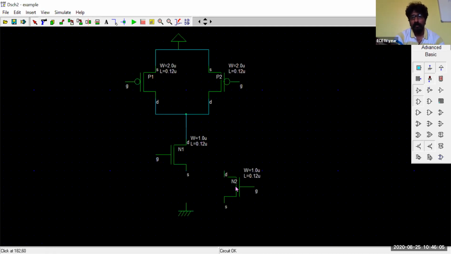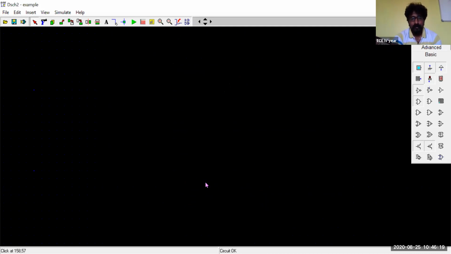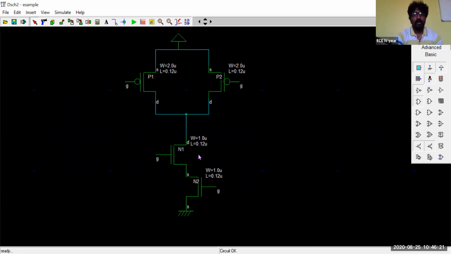Now, since the gate terminal has come on this right side, you can easily make the connection between this P2 and N2. That's where the input B signal will be given. So now you can easily make the connections. With the help of the wiring diagram, you make the connections for transistors, wires, by using this wire connection or line. In this one, we have an option called line. That line option is used for making the wiring connection.